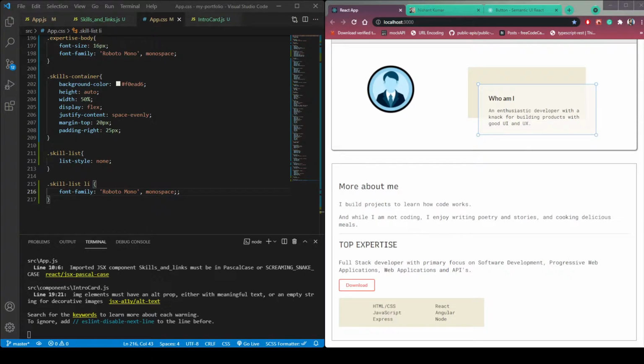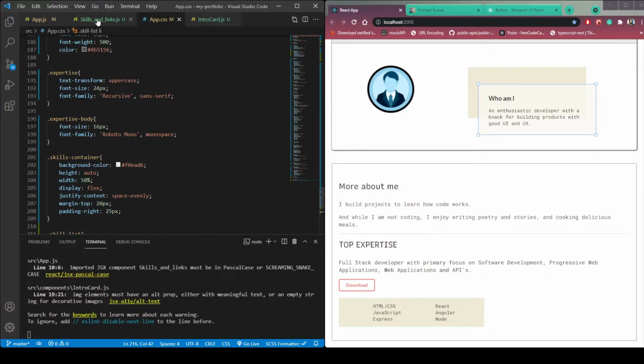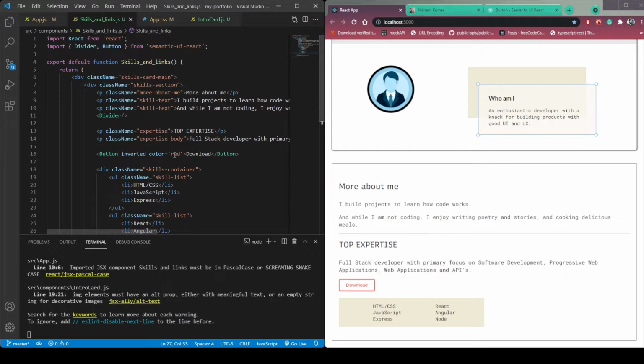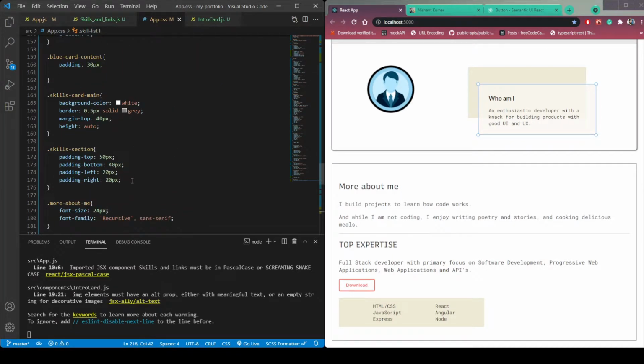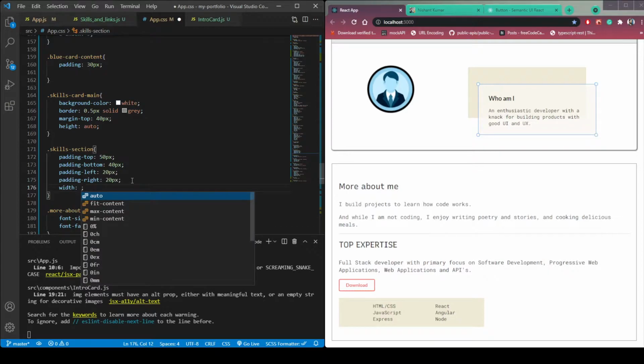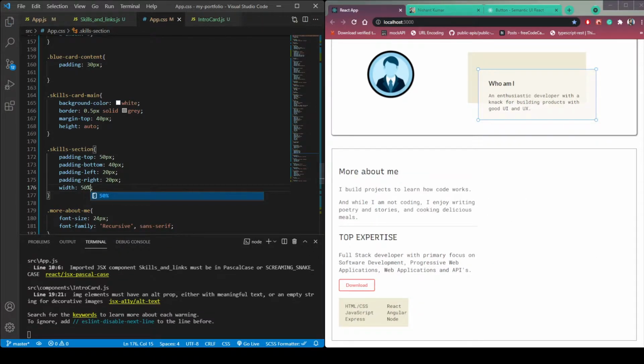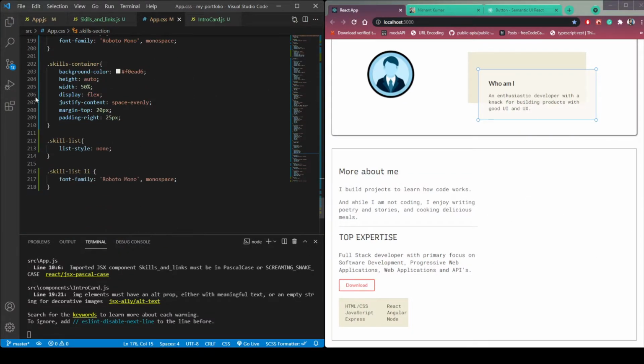Now let's add our right side section. But first we need to make it 50%. This is more about the left side section. So in the skill section, which is this one, width should be 50%. Now remove the width from the skills container.